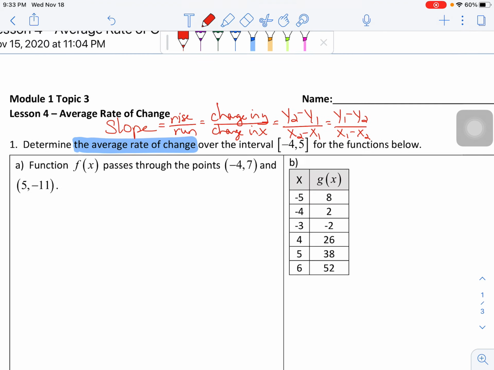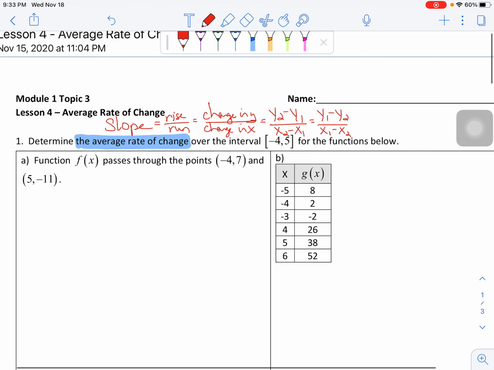or 1 and 1 and 2 and 2. Order won't actually matter. Now, what we're going to do in this video is two different problems, and each of the problems has multiple parts to it. So we're going to find a lot of average rate of change, but you're going to notice that all of these parts are a little bit different. So first part, problem number 1, determine the average rate of change over the interval,